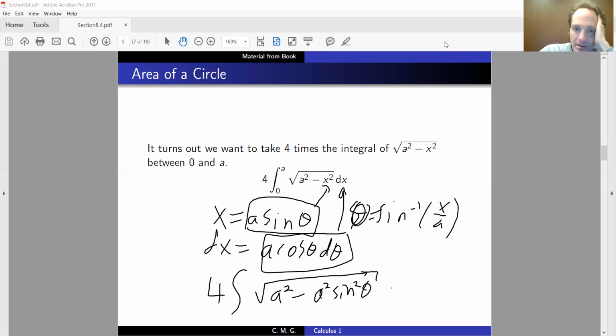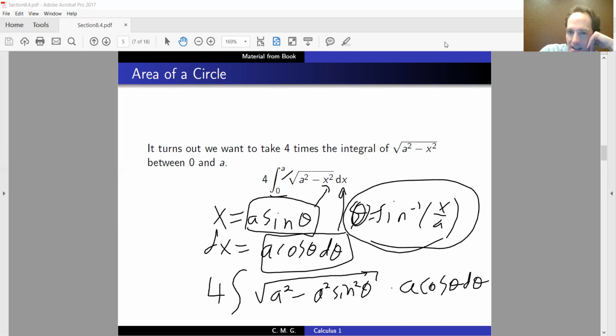Outside of my integral, I have dx. dx is a cosine theta d theta. Now I need to do a little bit of thinking. I need to find my limits of integration. So to find the limits of integration, I plug x equals 0 and x equals a into this equation with this inverse sine. And the great thing here is that this works out nicely because a seems tricky, but